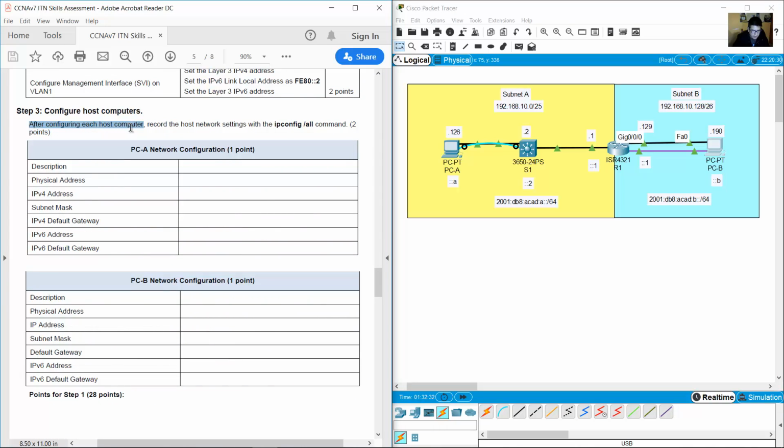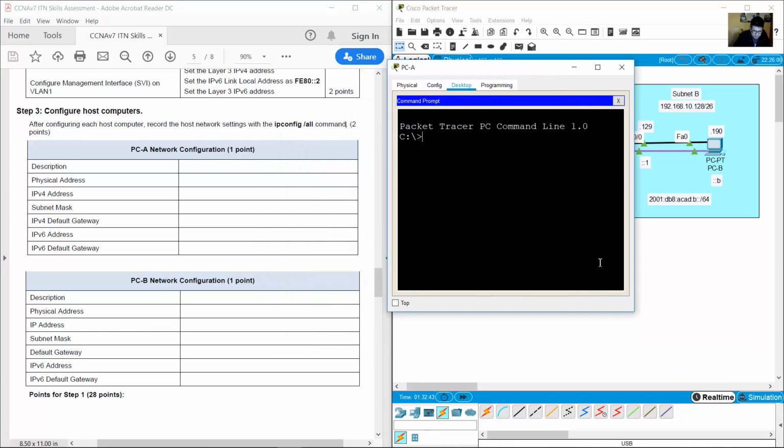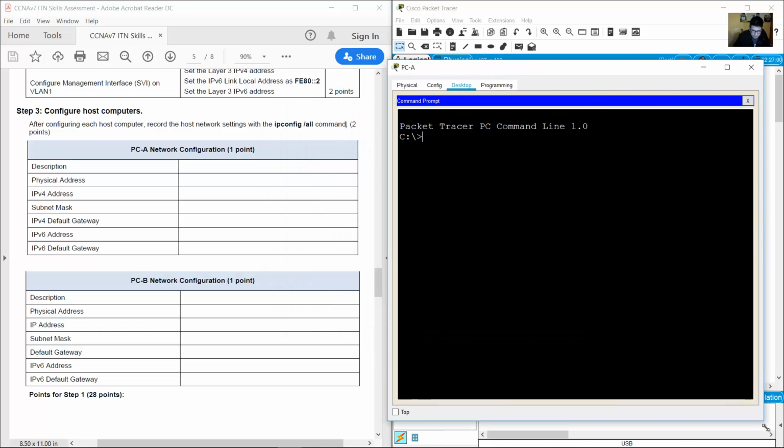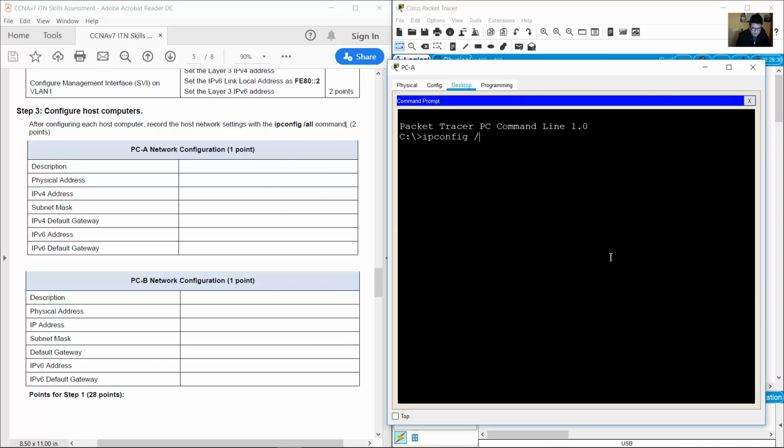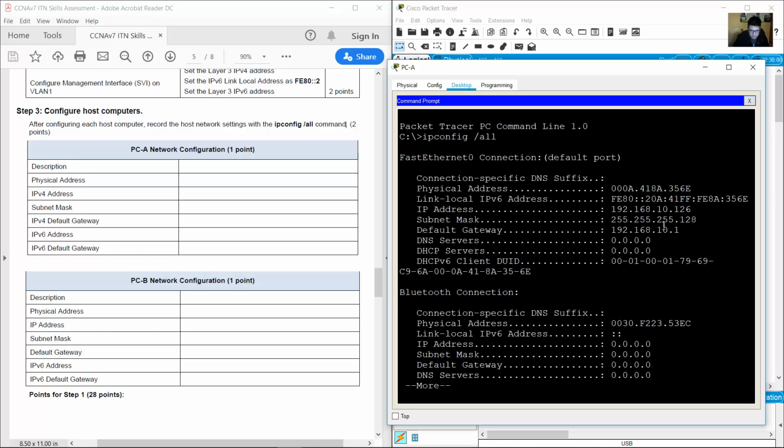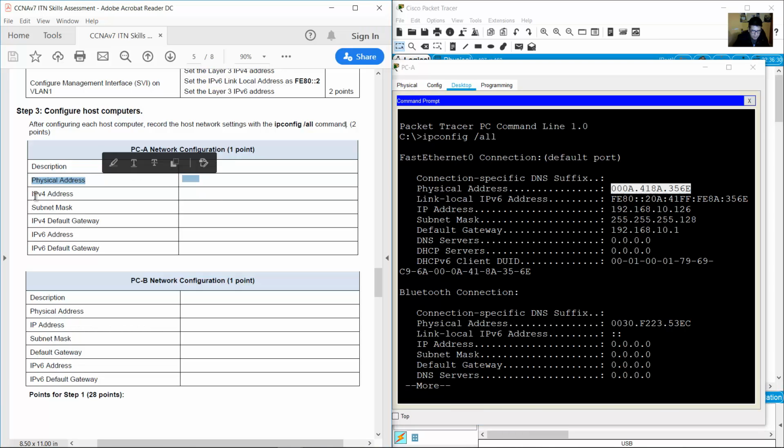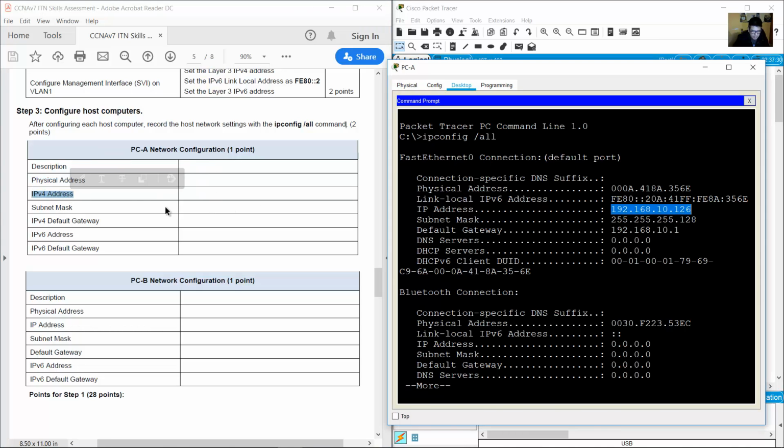After configuring each host computer, record the host network settings with the ipconfig /all command. On the PCA command prompt, type ipconfig /all. Description: for example, PCA physical address is this, IPv4 address is this, subnet mask is this,